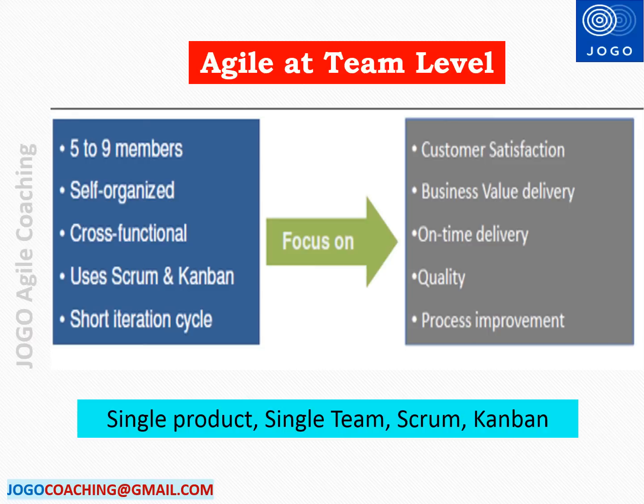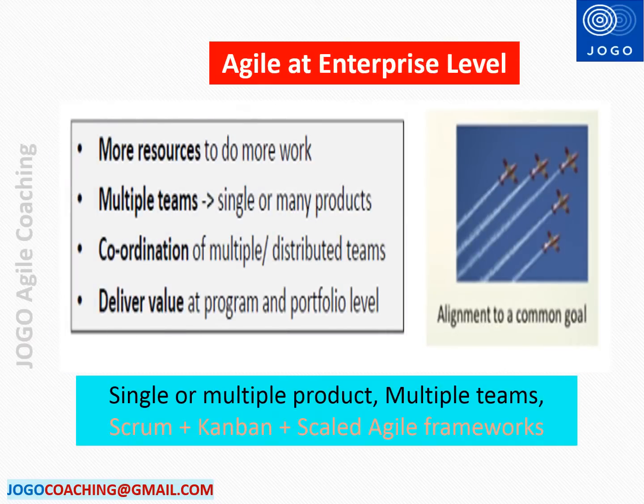Now let's understand what is Agile at enterprise level. Agile at enterprise level is called Scaling Agile or Scaled Agile. Agile at enterprise level is required if we need to deliver a product with big scope or the product has so many epics for the implementation. If you like to know what is epic, feature, user story, please watch the video posted in the home page of this channel. In enterprise level Agile, multiple teams will be working on a single or multiple products.